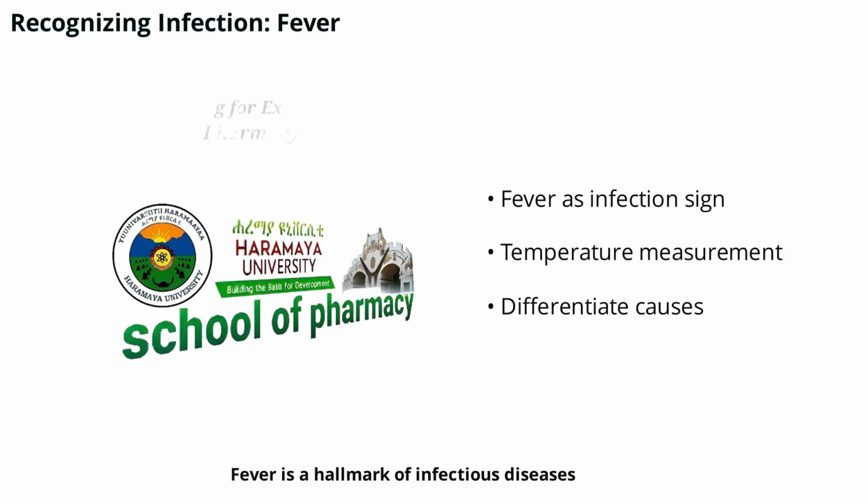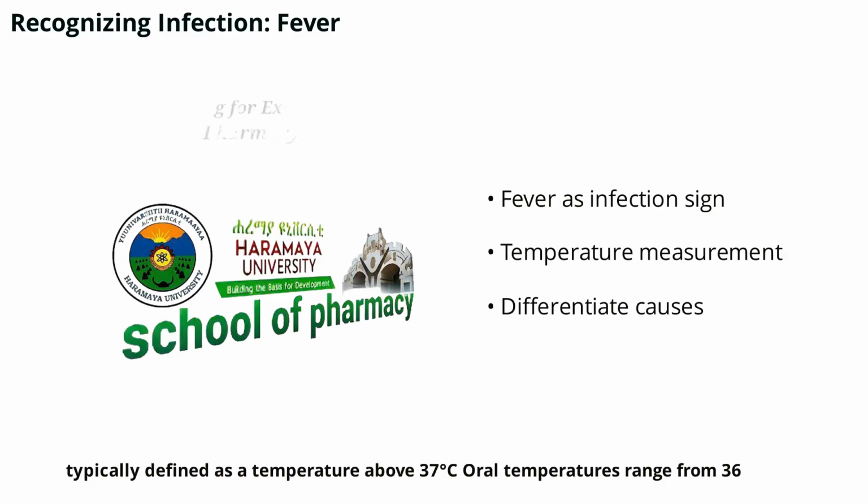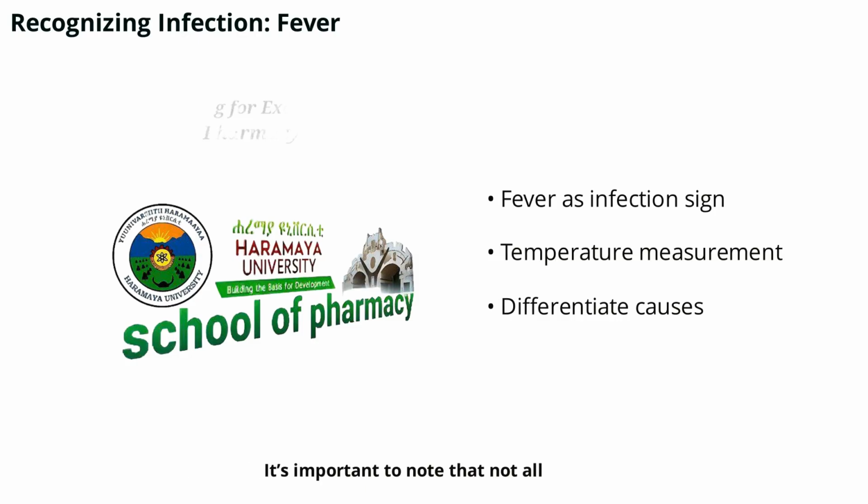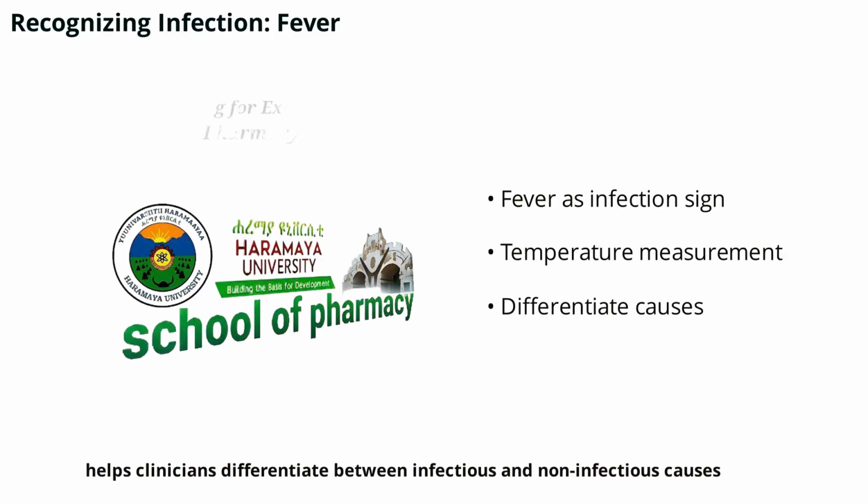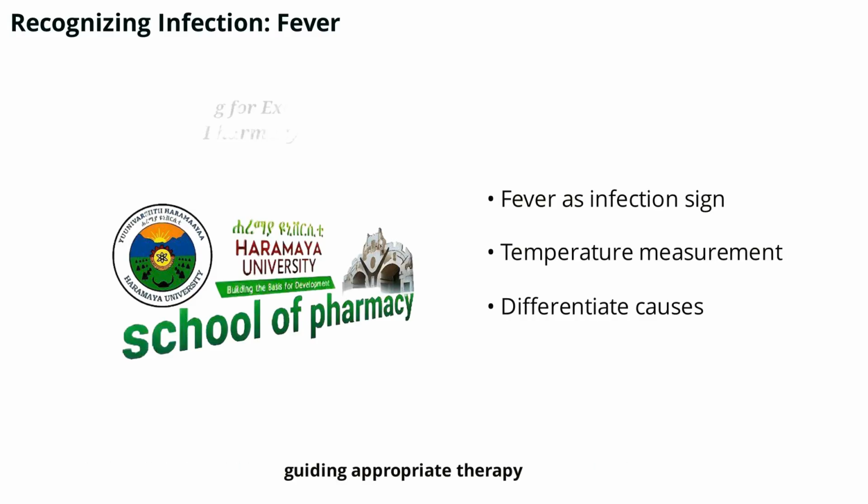Fever is a hallmark of infectious diseases, typically defined as a temperature above 37 degrees C. Oral temperatures range from 36.7 degrees C to 37 degrees C, with rectal readings being slightly higher and axillary readings lower. It's important to note that not all fevers are due to infection. Some can be drug-induced. Recognizing the pattern and context of fever helps clinicians differentiate between infectious and non-infectious causes, guiding